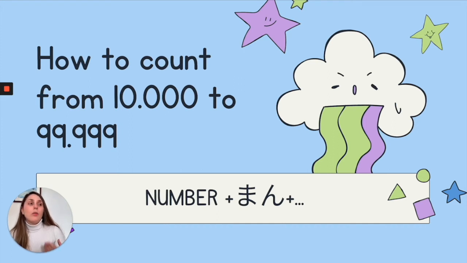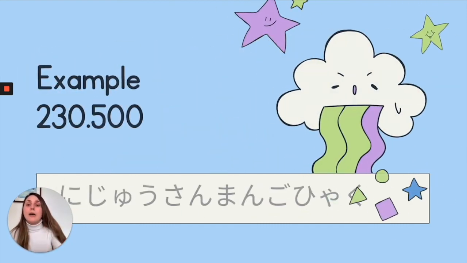100,000. So that would be actually juu man, 10万. That man is 10,000, so juu man is 100,000. So that makes it hard because you actually hear 10 and your English or Spanish or the language your brain says, okay, that's 10 something, but it's not. So that's what makes it hard, but it's a lot of practice, and when they say a number, a lot of thinking too. But let's check out how it would look like.